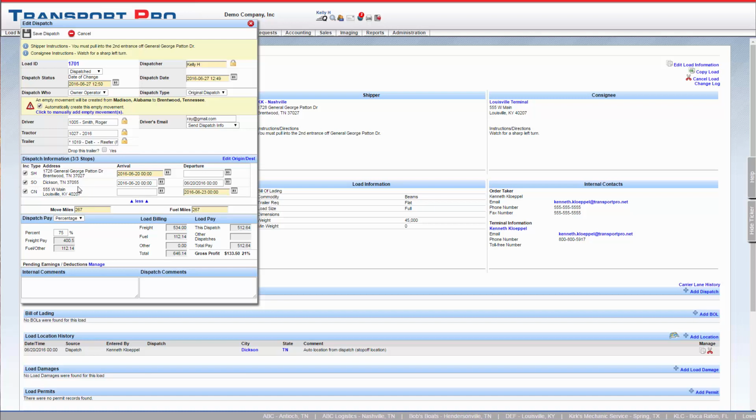The dates are copied from the load and are required. You can manually edit the dates and times or use the calendar icons. The system will also prompt you to insert an empty movement if needed, based on the location and dates you input. The move miles and fuel miles are copied from the load as well, and are based on the location